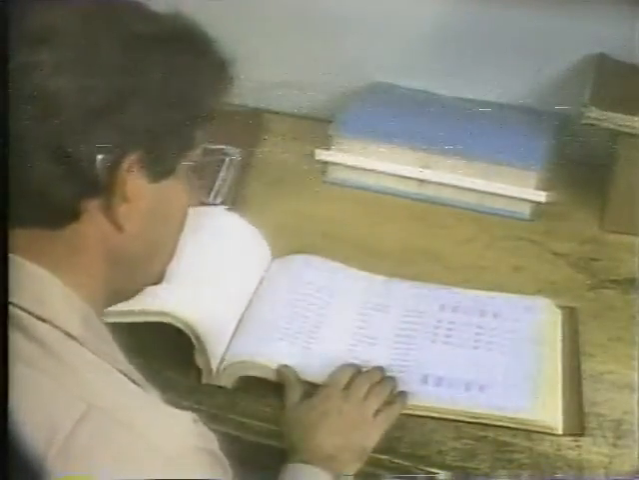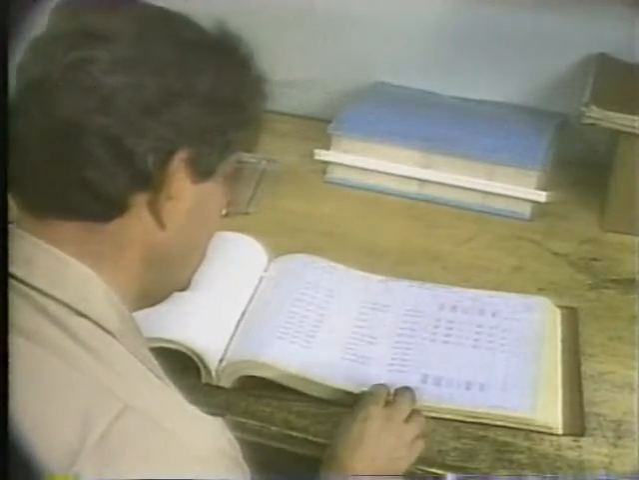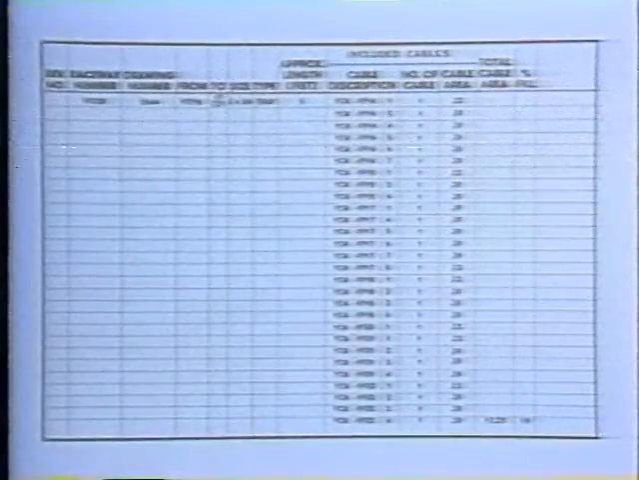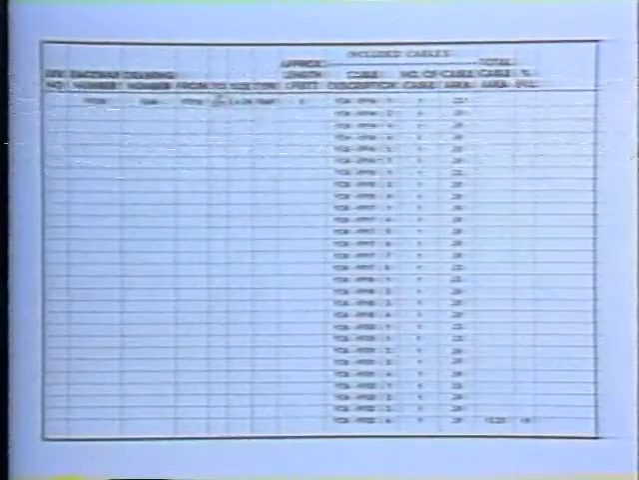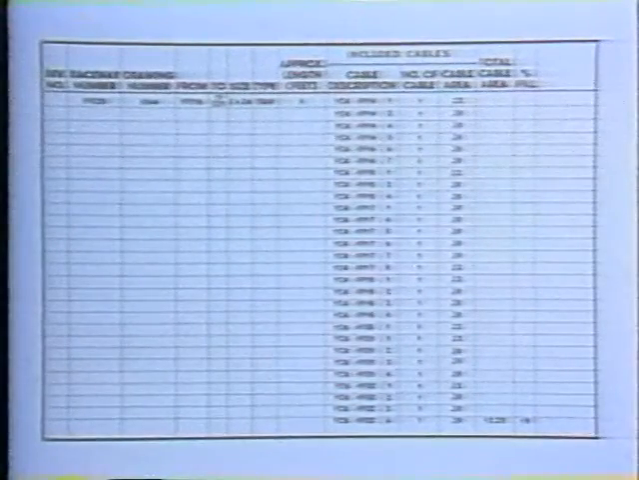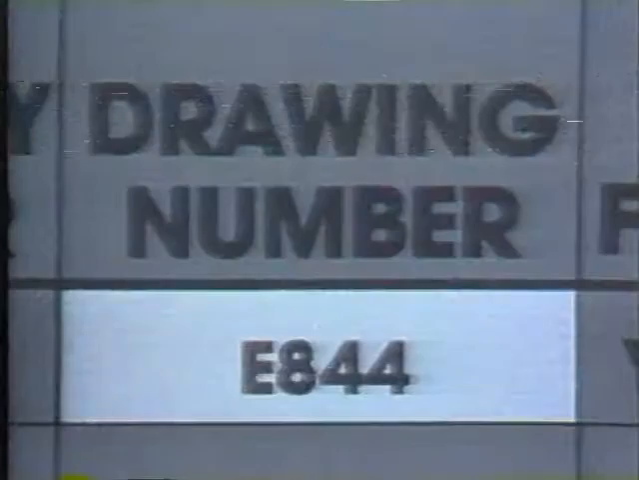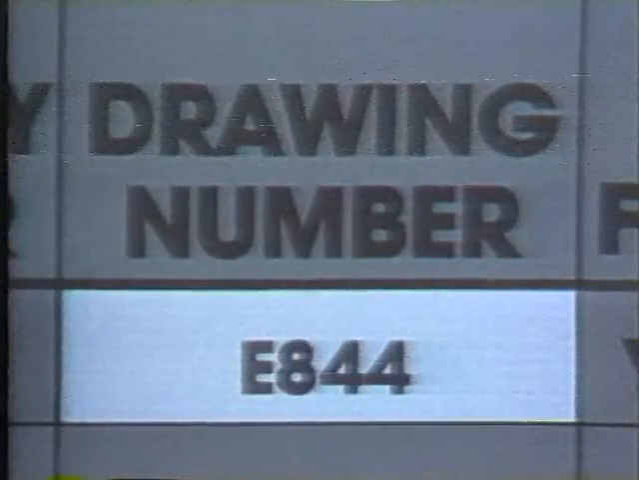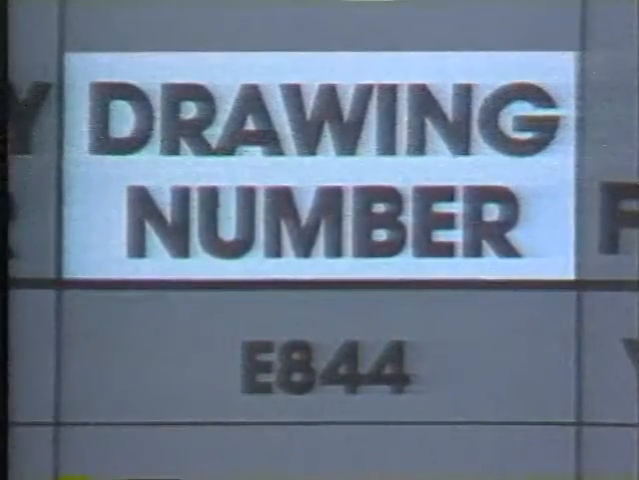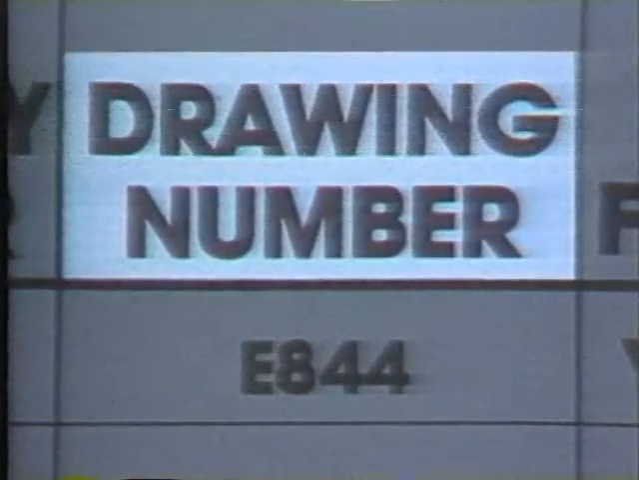The book that we want to use to look up the number is the Raceway schedule. Here's the Raceway schedule. As you can see, there's a lot of numbers in here. Many of them don't mean anything to us right now. However, one of the first things we see is the number E844. Up at the top of the page, we see that that is the drawing number, and that is the diagram